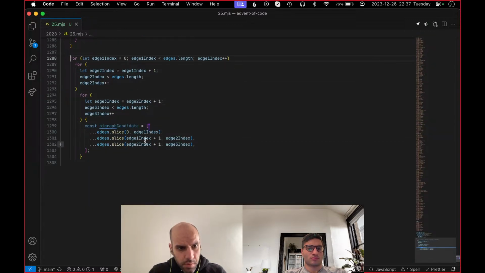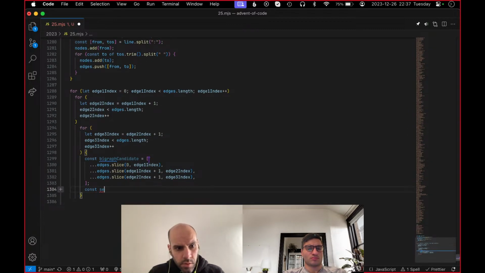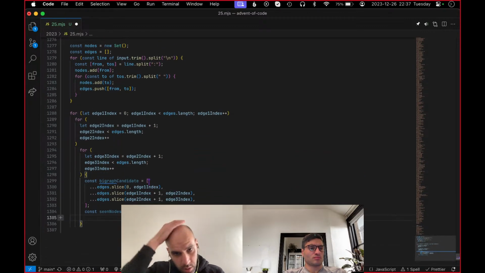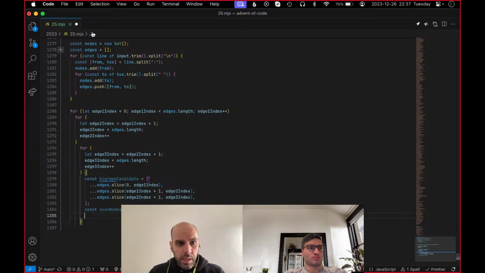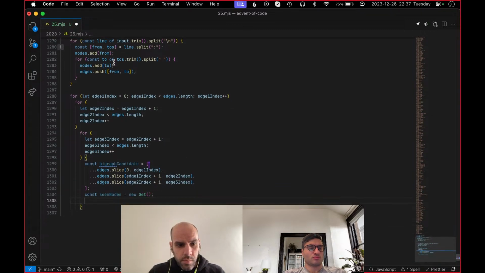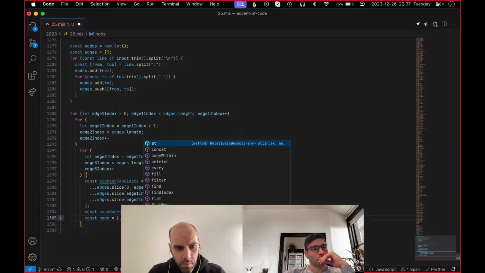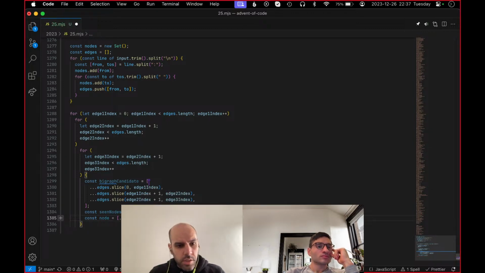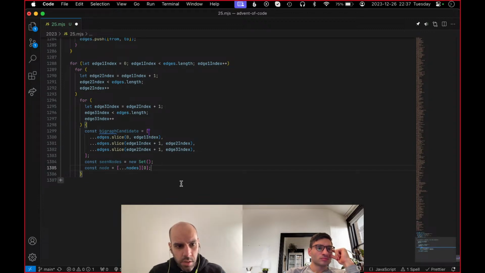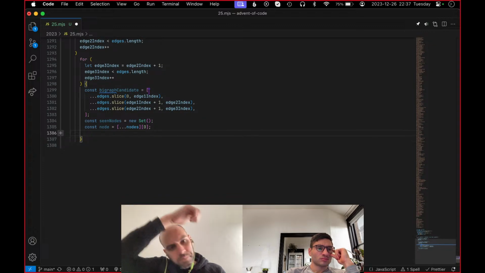So now, for each candidate, I will have seeing nodes, and I will just randomly take one of the nodes, which could be 0 arbitrarily, so not randomly. I will arbitrarily get one of the nodes. I'll always get the node in the beginning. Then